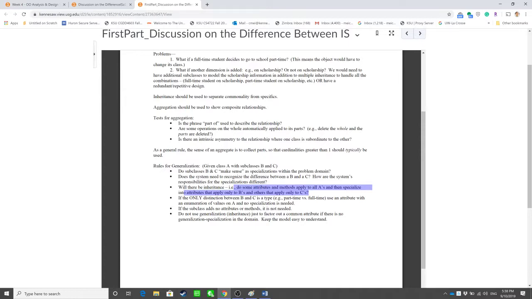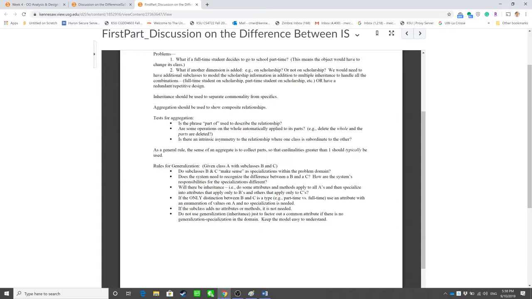No, because only the teacher will use that functionality, but the other staff probably will not. Okay. Next one, if the only distinction between B and C is the type, like full-time and part-time,